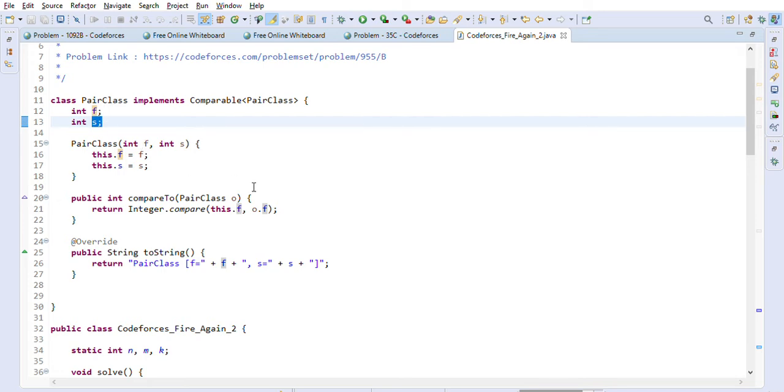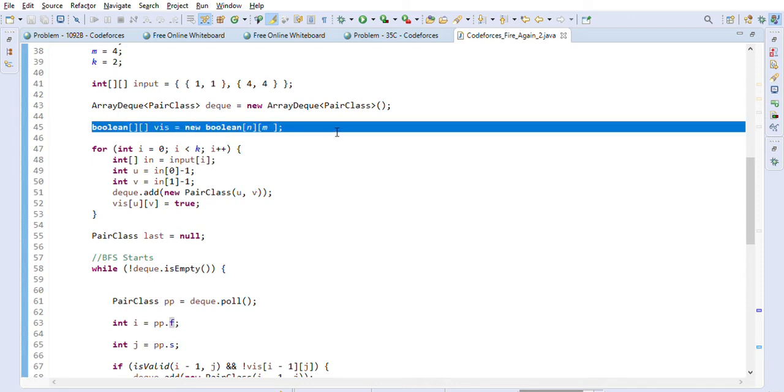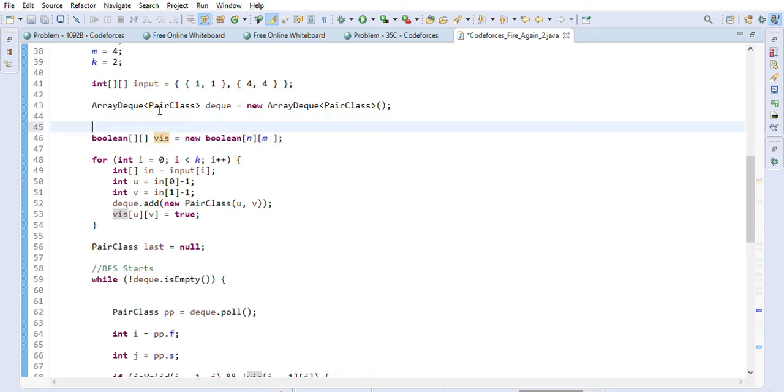So we'll use f and s for that. Then we will create one boolean array to capture if the cell is already visited, right? If it's already visited, then we don't want to reprocess that cell. So this one is to keep track of visited cells.